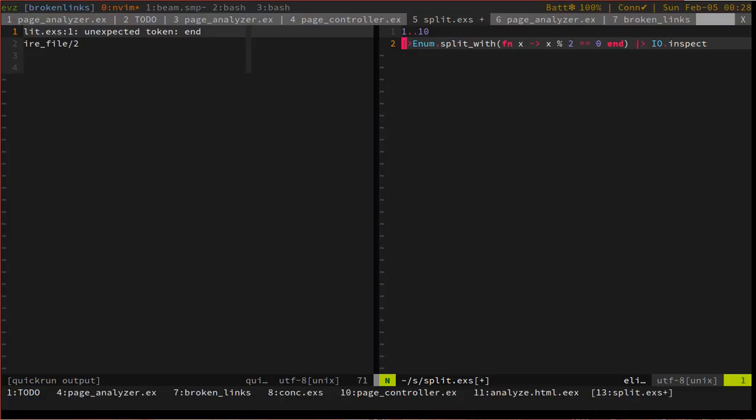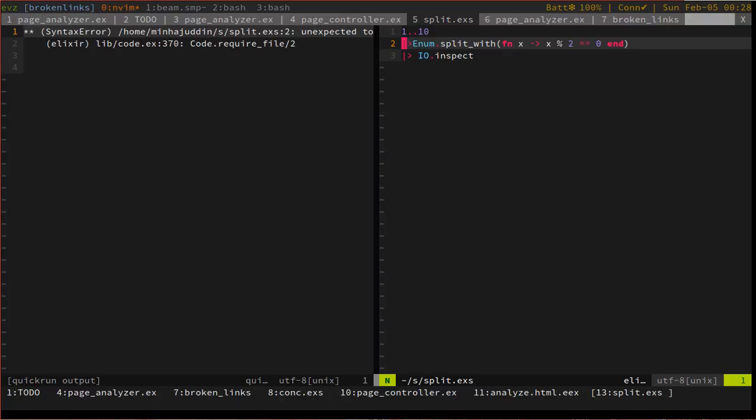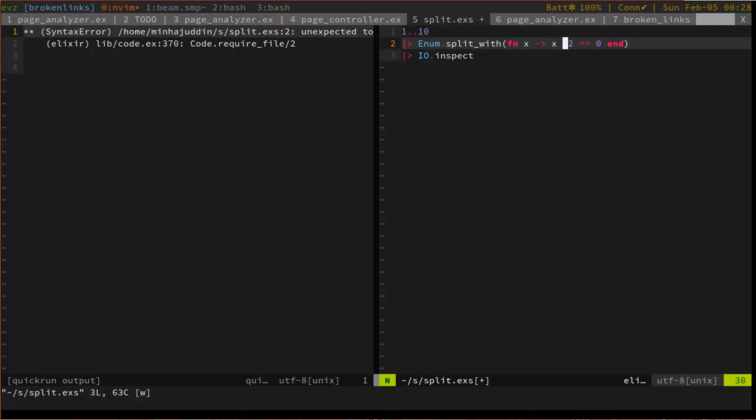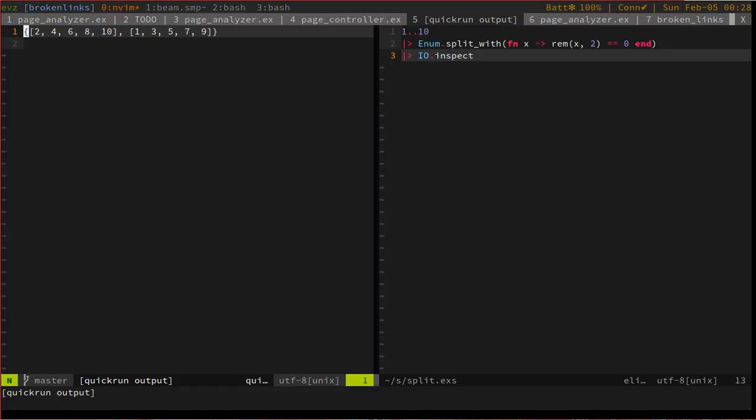I don't know what I'm doing wrong here. So x, enum split with, x mod 2 is 0. I think there's no mod in Elixir, so I'll say the remainder of x by 2 is 0. That's good. So this gives us a tuple with 2 elements, one where the value is truthy, one where the value is falsy,